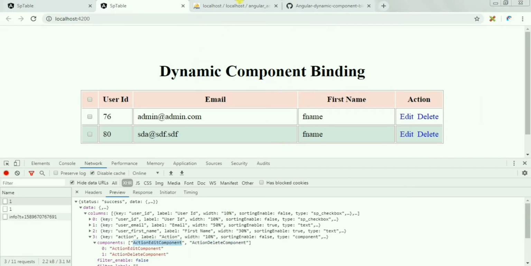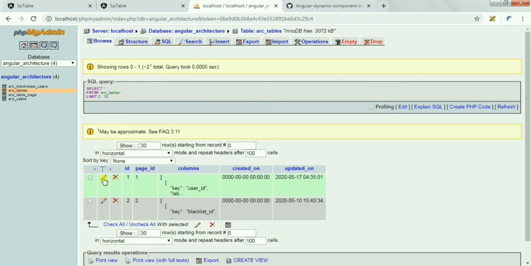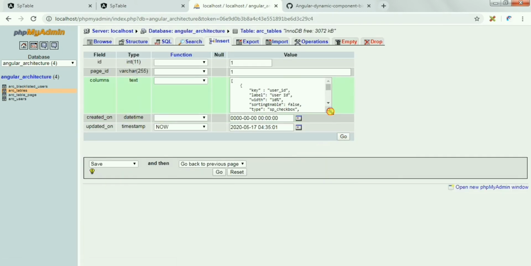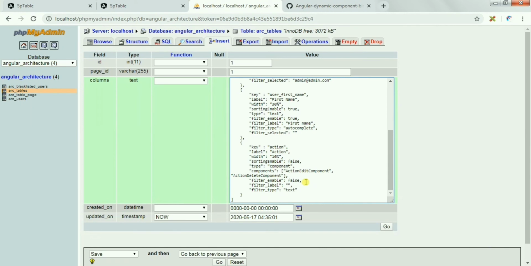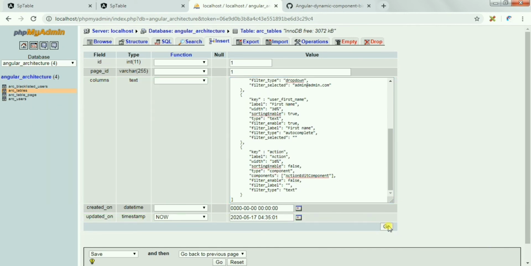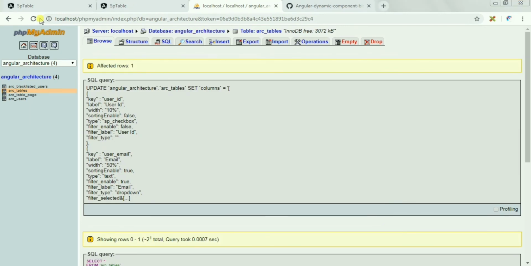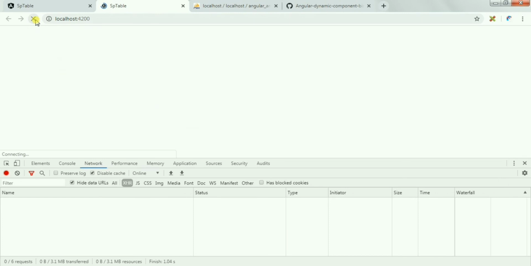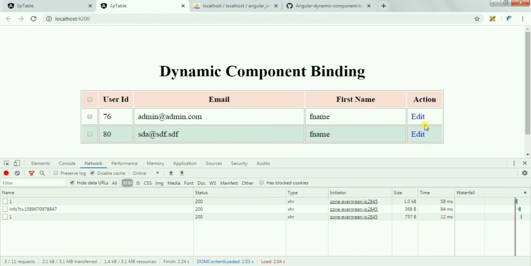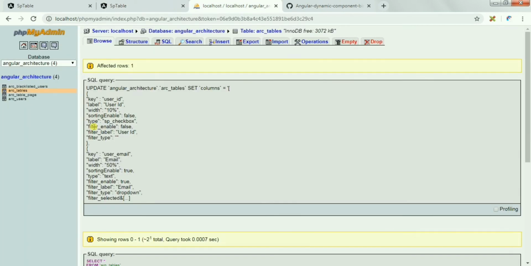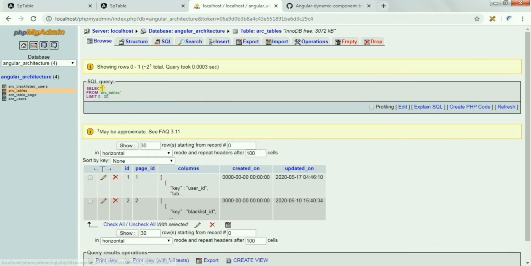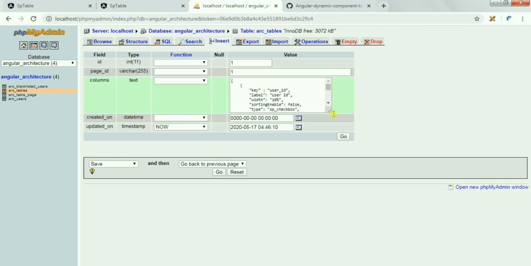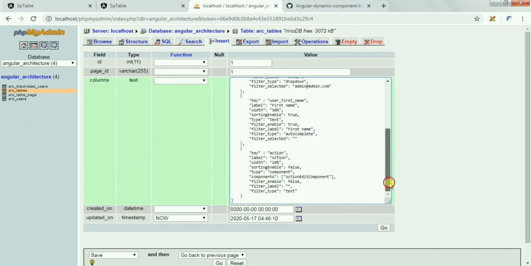Now if you want to see, we can change it from the database. Here I'm using a MySQL database, and two components are coming. Let me delete one and let's see whether it still gives one. As you can see, it's working perfectly. Let me revert it back. So this is the way we can load any component dynamically, using the component resolver.